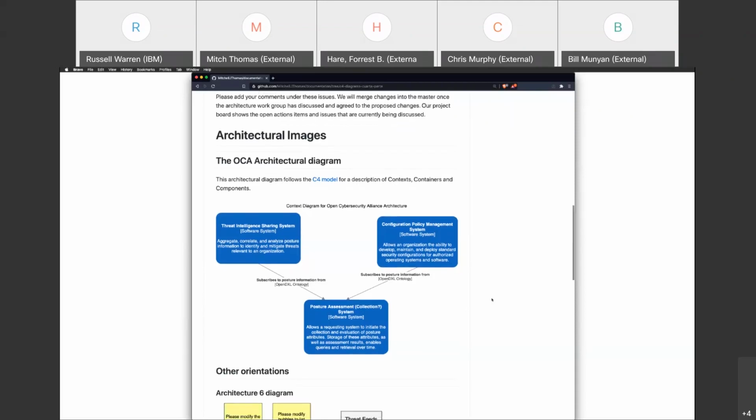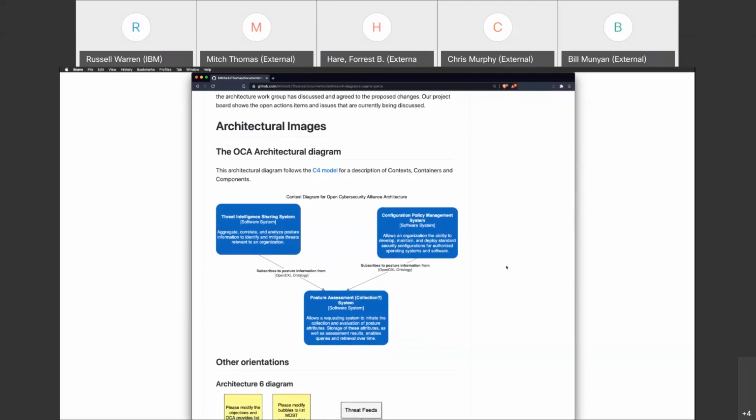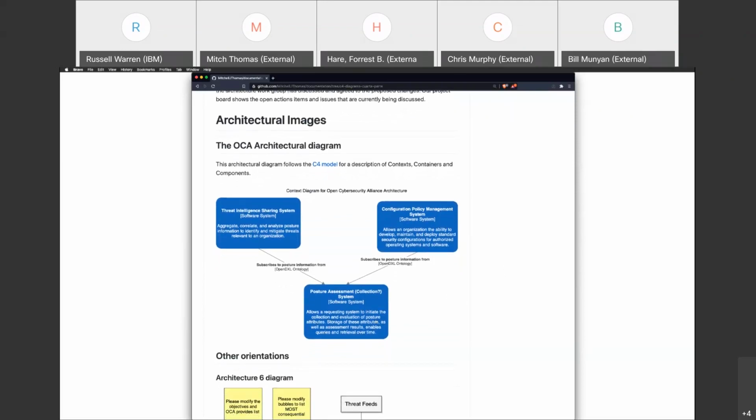And what we've got so far, let me show you briefly how I do things, and I've changed this around a little bit. So let's see, before I jump into that, one of the intentions here is to capture as much as we can in terms of how we want our OCA architecture to look. Capture terms, definitions, relationships.